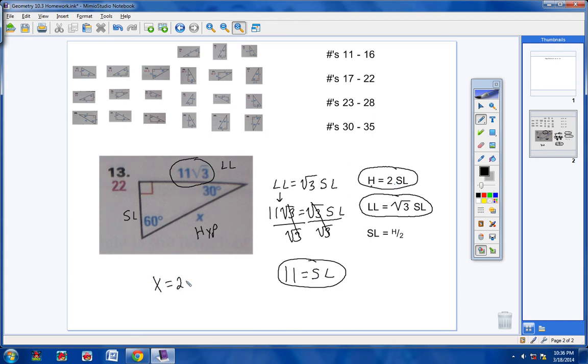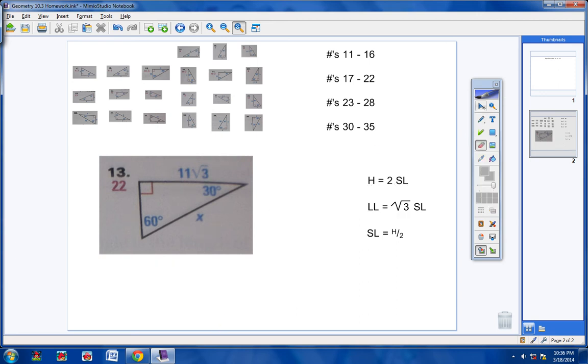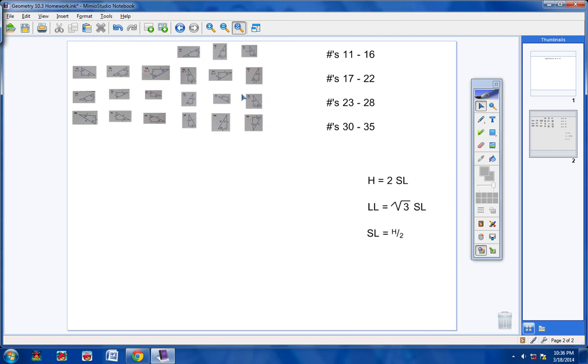Your hypotenuse, x, equals 22. Okay? And again, I go fast on purpose because you can always back a video up, but you can't speed it up. So I'm going fast, but feel free to back the video up and watch again if you need to. Okay, let's go ahead and take a look now at